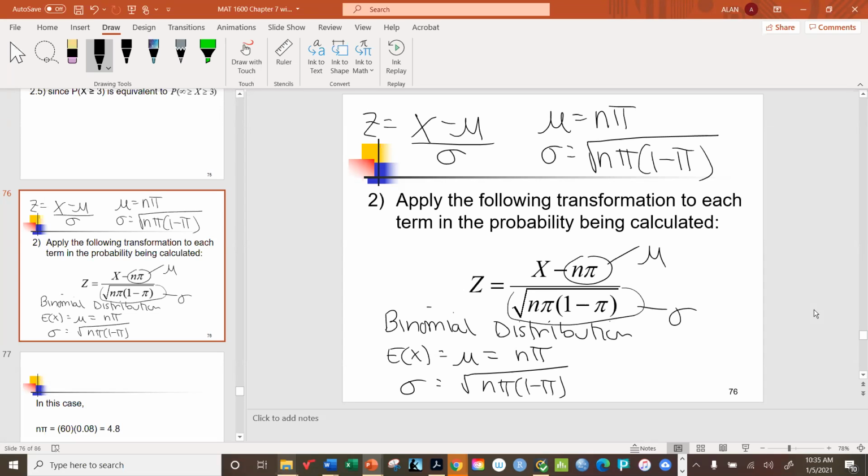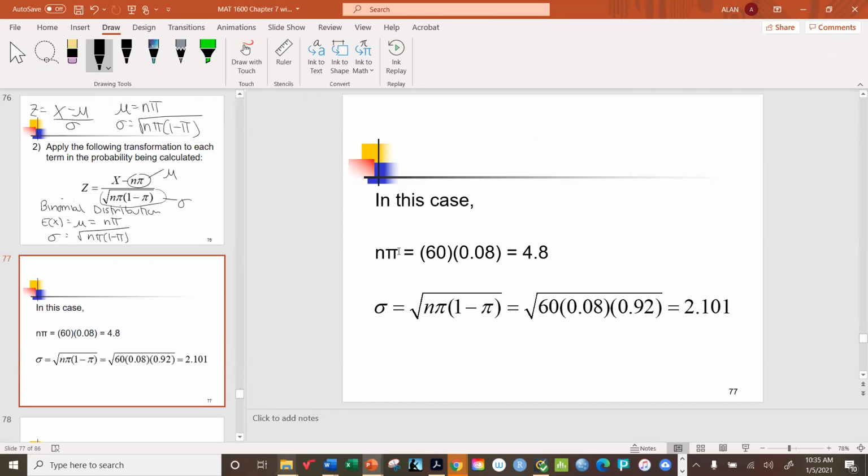All right, let's see how this works. So we have 60 students, each of which has an 8% chance of having AB positive. So n times pi would therefore be 4.8. And the standard deviation, which is the square root of n times pi times 1 minus pi, would be approximately 2.101. So in other words, what we're basically saying is that we are treating